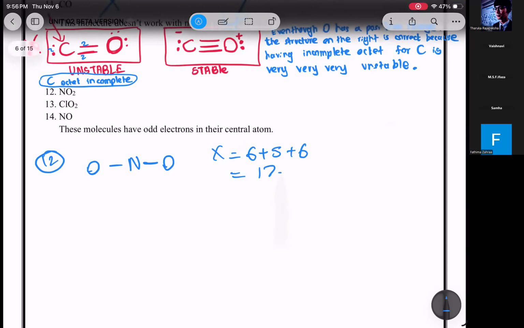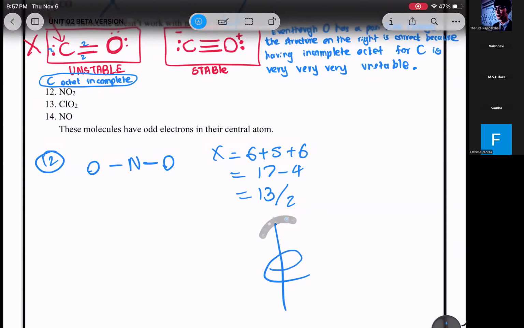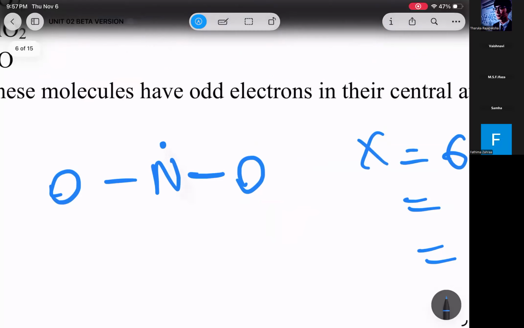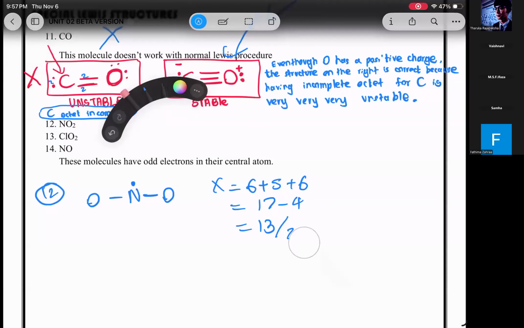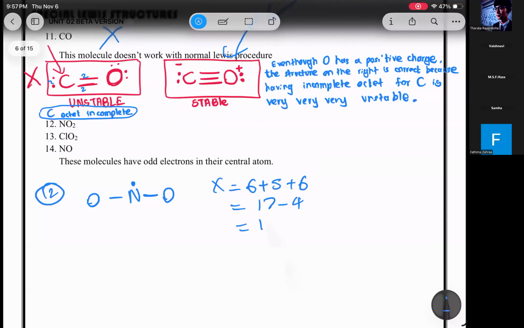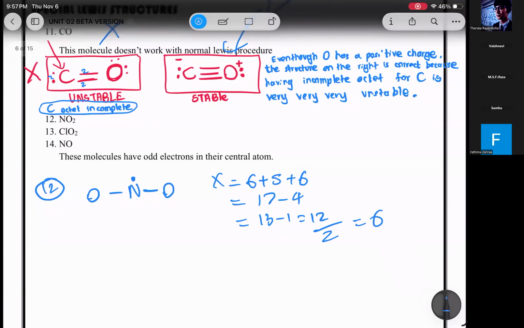17 වලින් bond electrons ටික අයින් කරාම you are getting 4 and then 13. Now what should you do? You have to divide this by 2. Will it divide? Electron එකක් අරගෙන දෙකට කපන්න පුළුවන්ද people? Can you cut an electron in half? You can't do that නේ. You can't get a decimal value for electron count. So what should you do? You have to put that odd electron onto this nitrogen. Just put it there. And then calculate. 13 minus 1 is 12. Now divide by 2. Then 6.